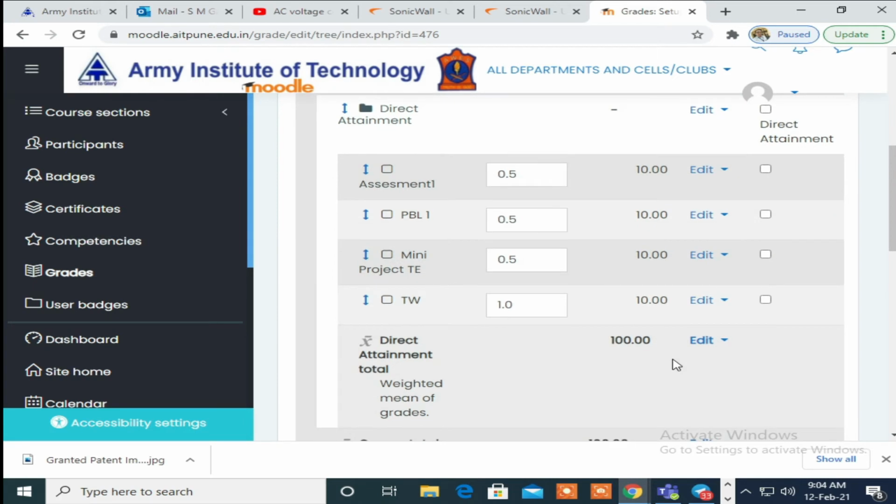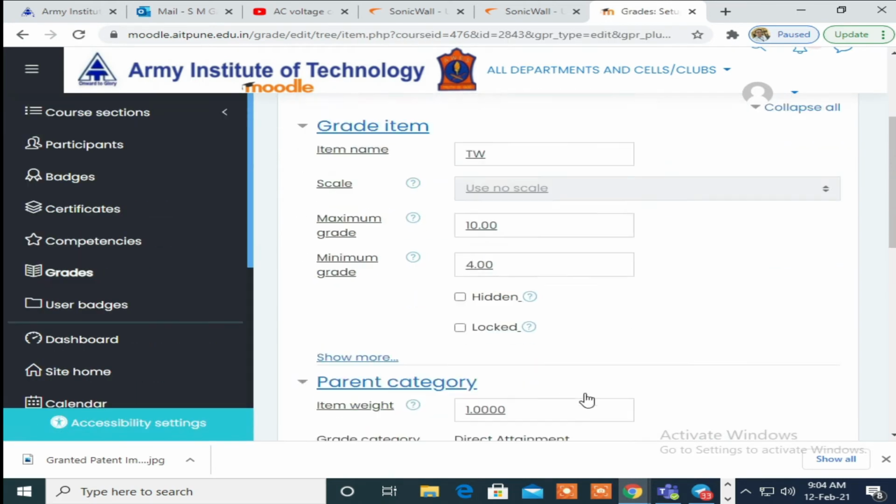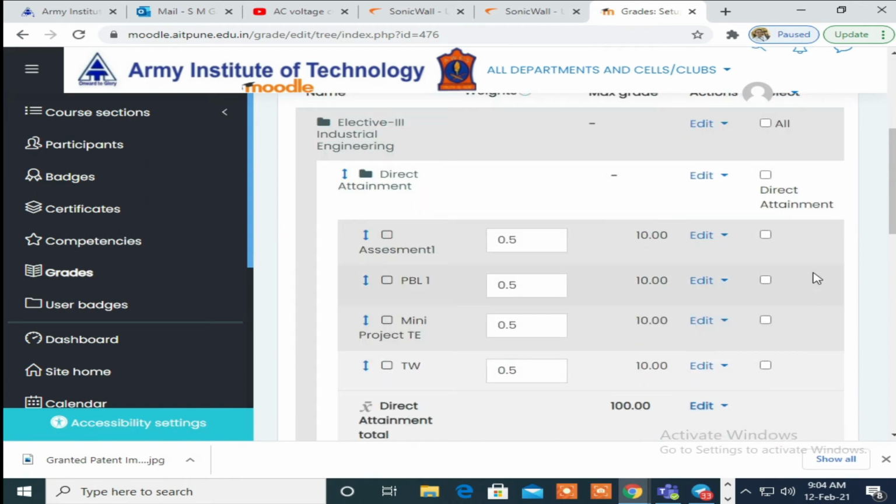Make save change. Do edit setting and change the weightage to 0.5. Save change.